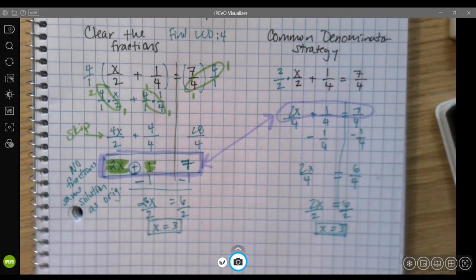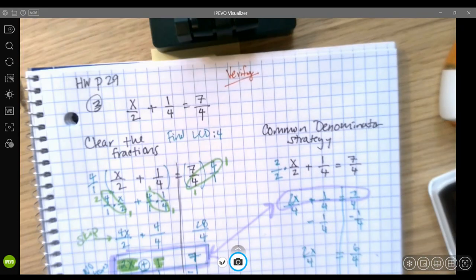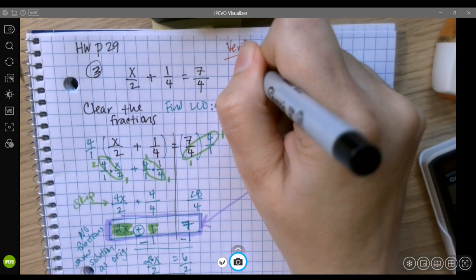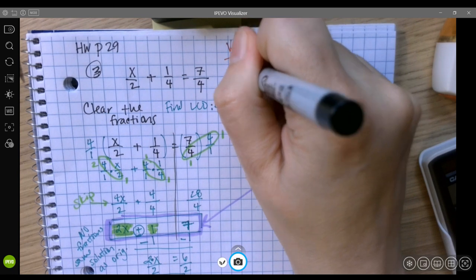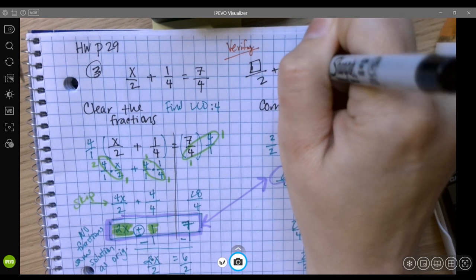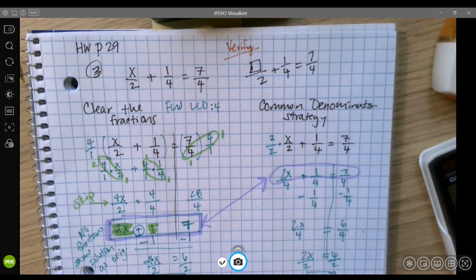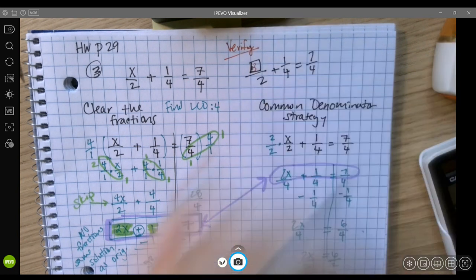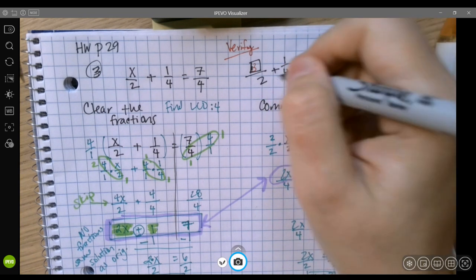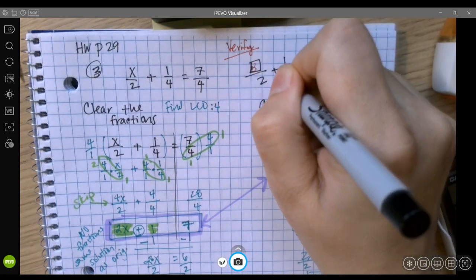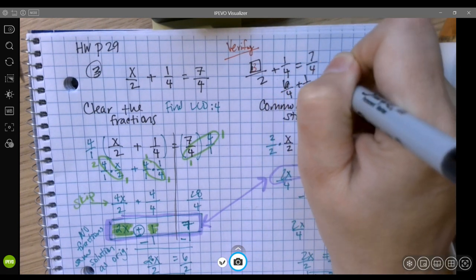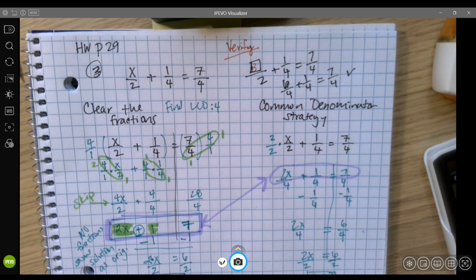To verify, I'm going to go back to my original equation, which was x over 2 plus 1/4 equals 7/4. I'm going to put in that number. 3 halves plus 1/4 equals 7/4. 3 halves is the same thing as 6/4, plus 1/4 really does equal 7/4. So I have verified